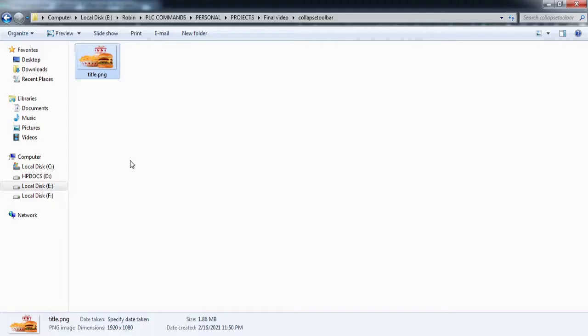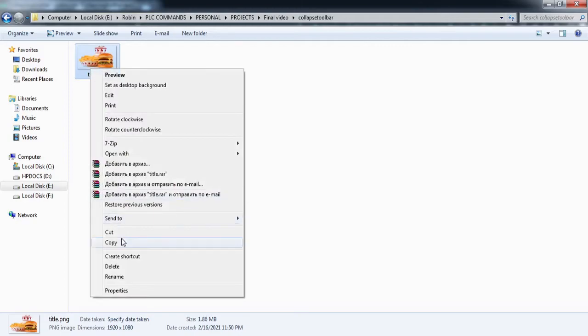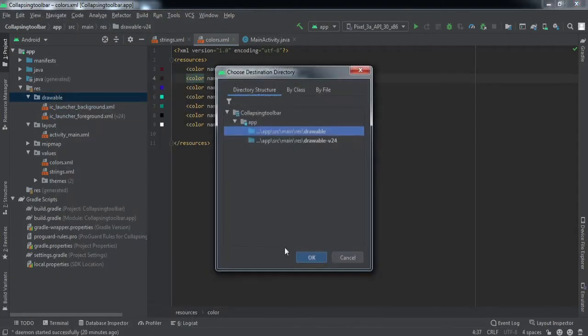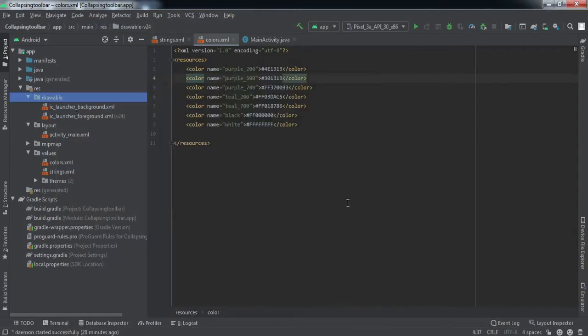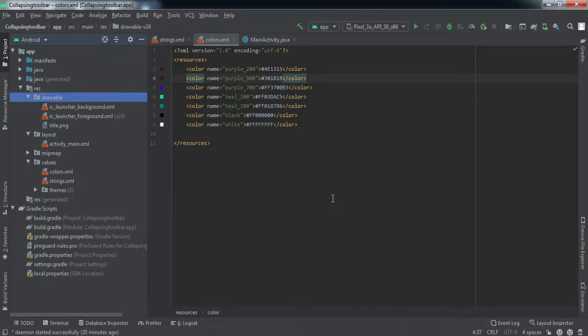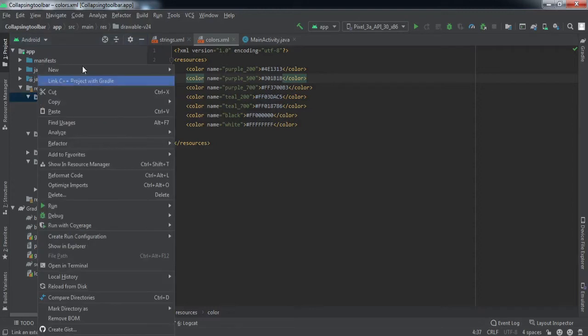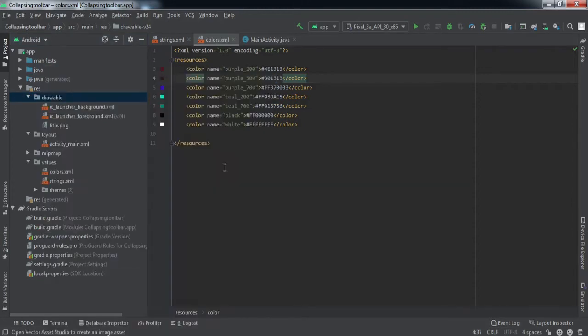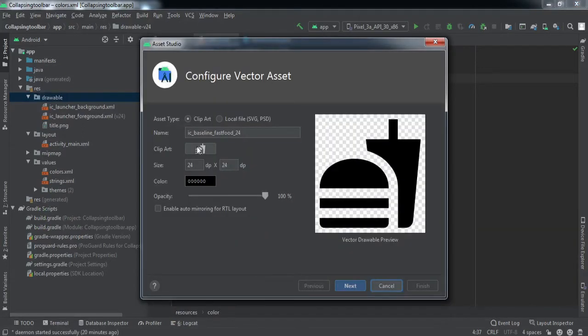Then we need to copy this image and paste it into the drawable folder. After that, we need to add a vector asset. There is a fast food vector asset for the background of the floating action button.